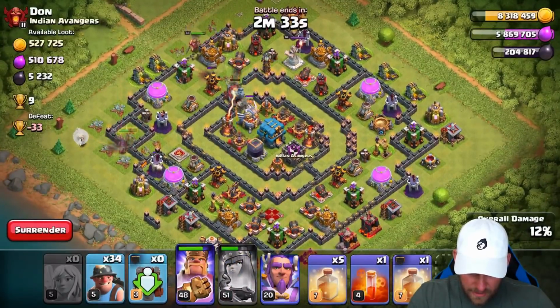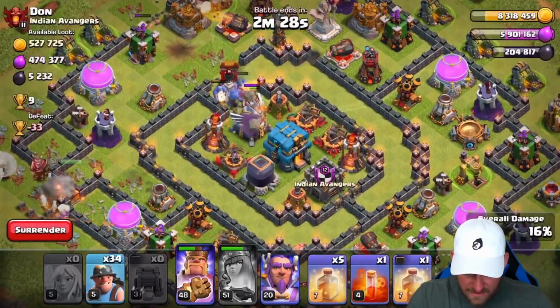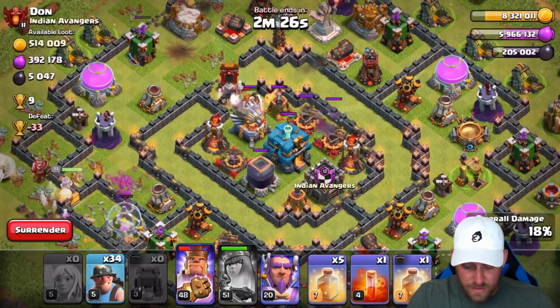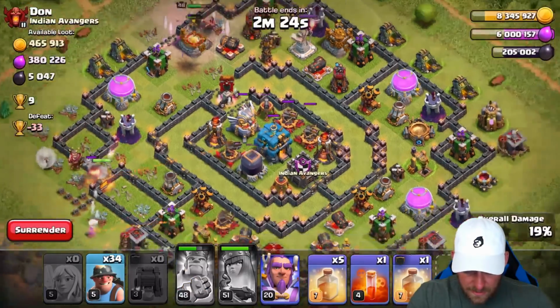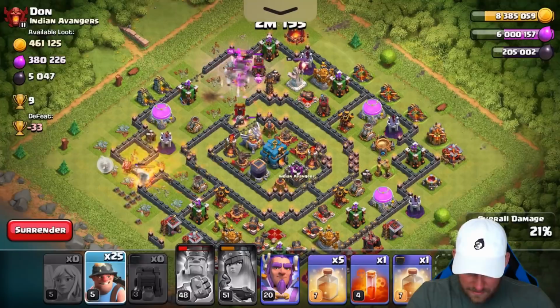We're going to pop the queen's ability real quick. Let's see. We got boulders coming out of there. Are they going to be able to get that down in the center of the base? Let's see. They're getting wrecked right there, guys. King's ability is being popped. The wall wrecker did not actually do as much as I would have liked,